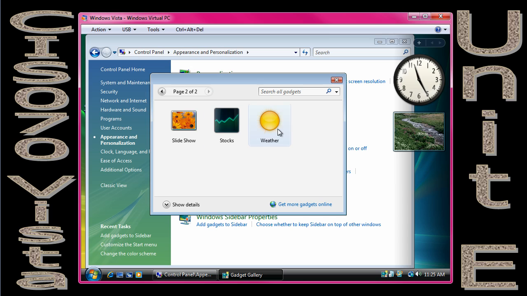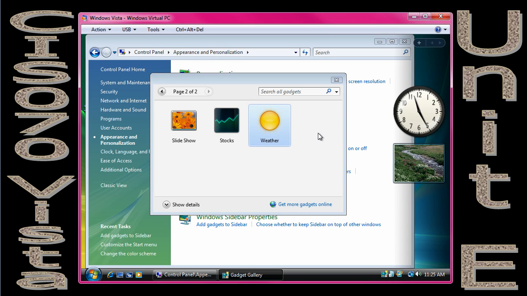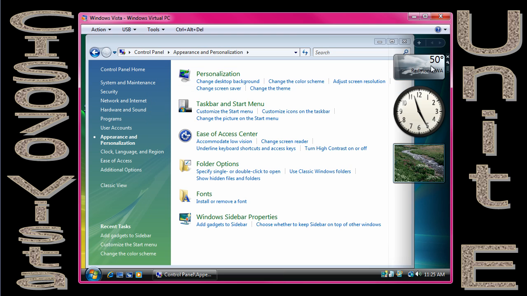I can go to page 2. The book has us install the weather gadget, so I can double click on it. And here's my weather for Redmond, Washington. For whatever reason, it thinks I'm in Redmond. And I can close. Well, let's go change this. I can come in here,